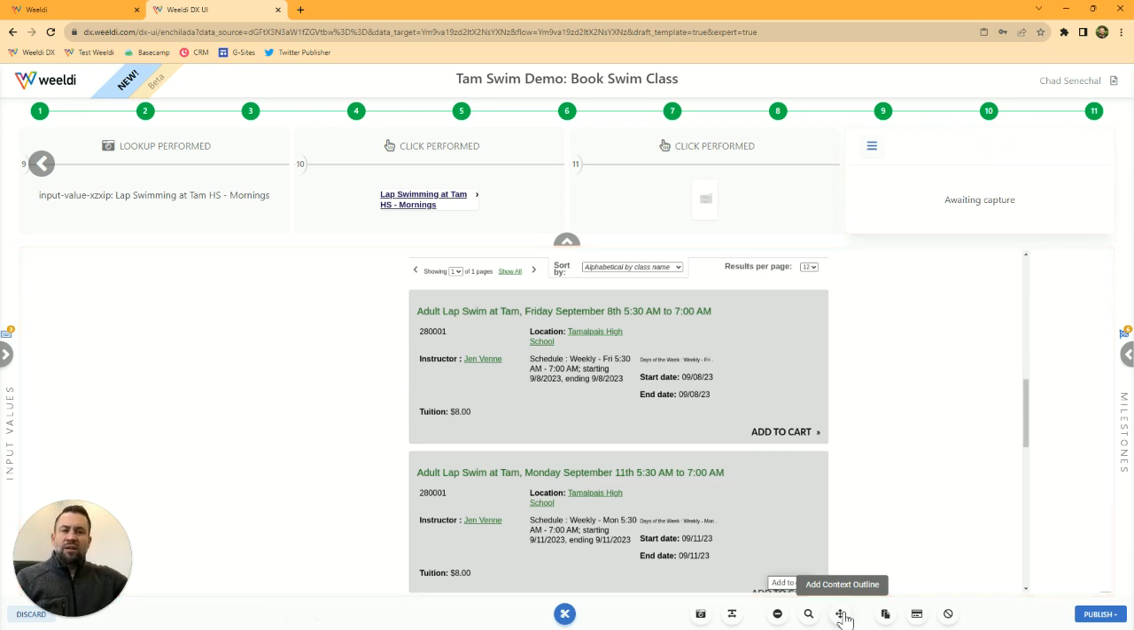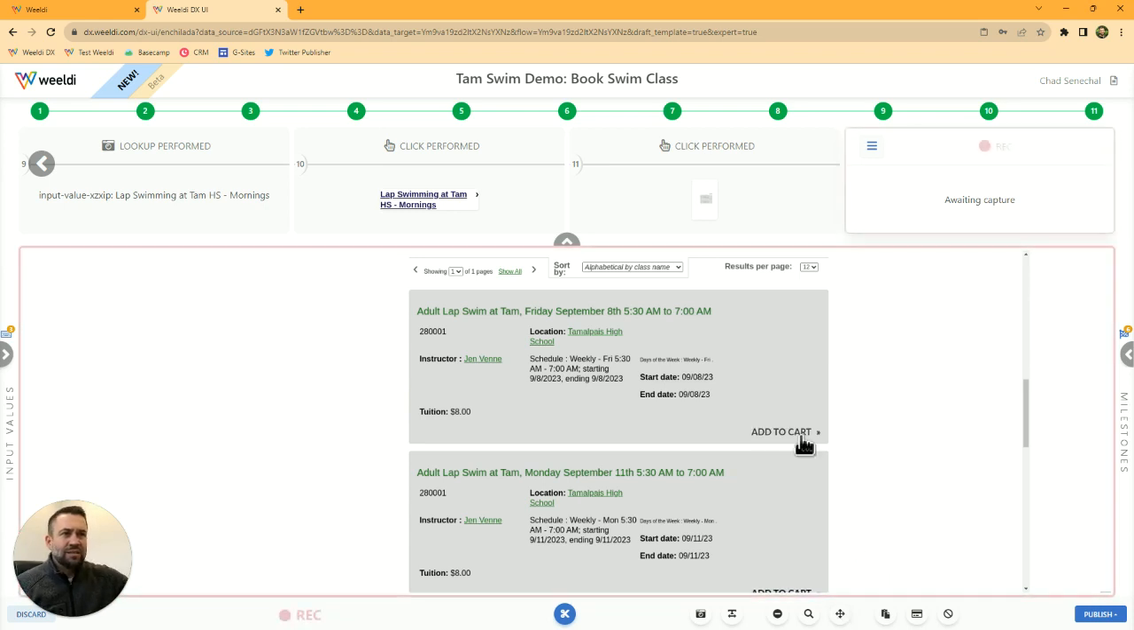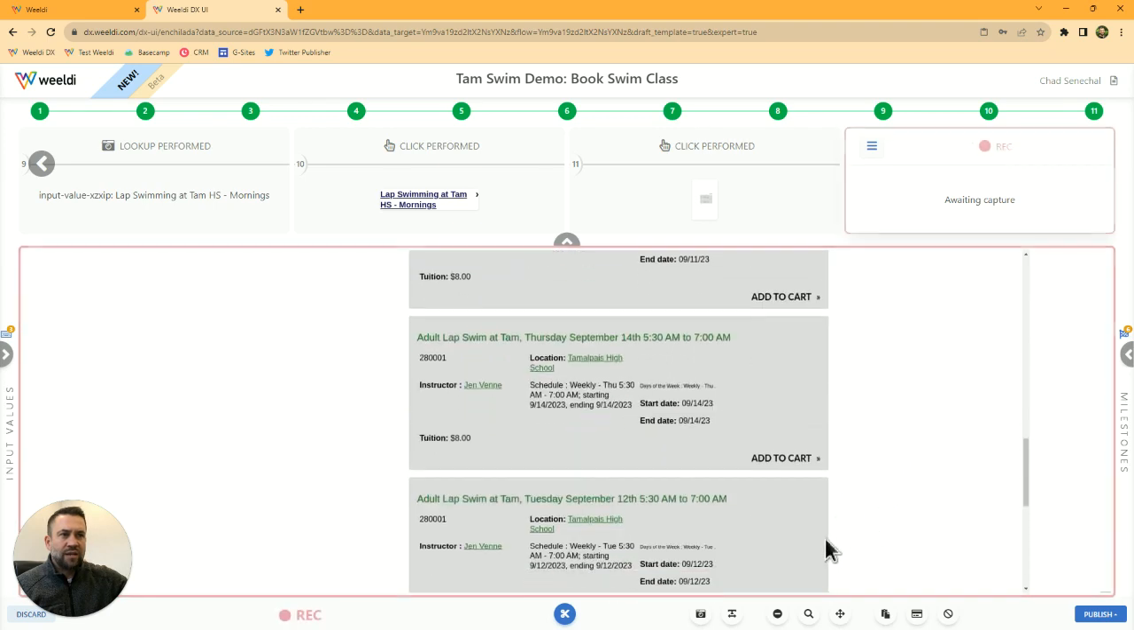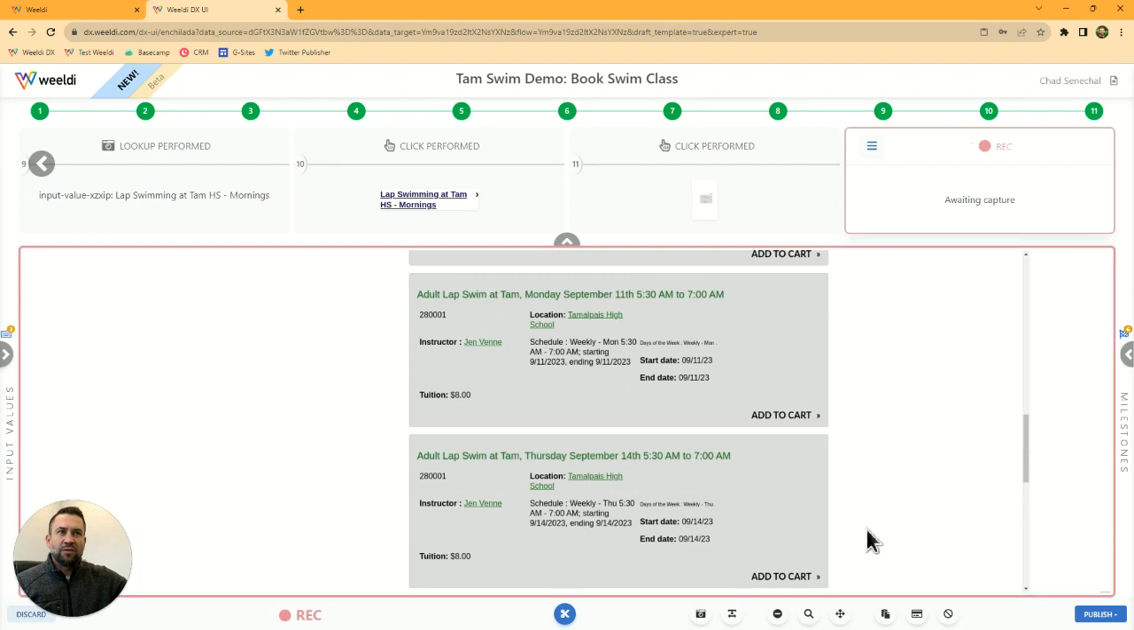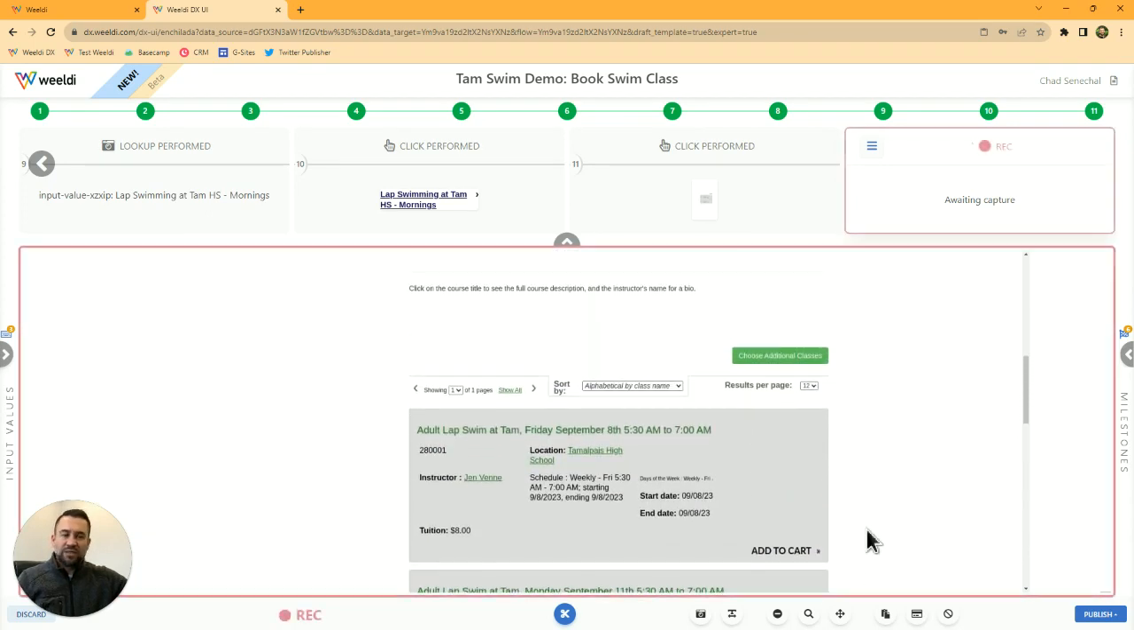And where you could use Add Context Outline is if you're automating through a website that has several options and it's not clear for the recorder to determine how to tell the difference between the options. In this website, you might see that there is add to cart, add to cart, add to cart, add to cart, add to cart. So in order to make sure that it understands that I want to add a specific one, that I want to use a specific add to cart in this automation, I can go to the add